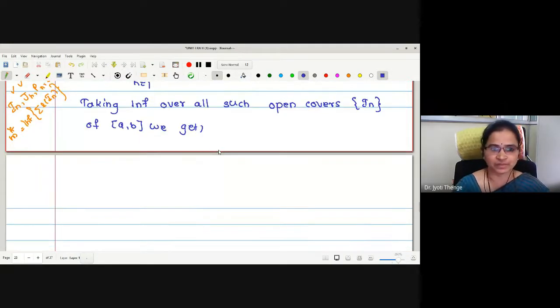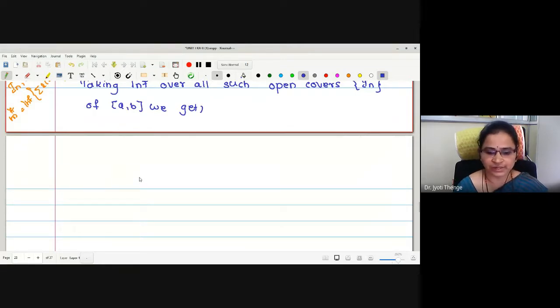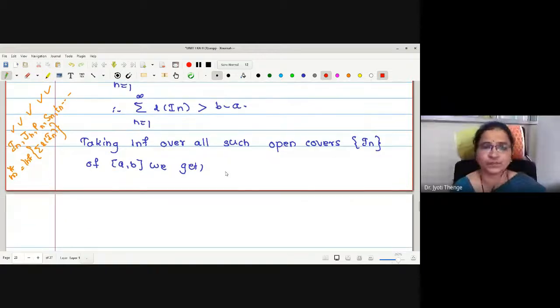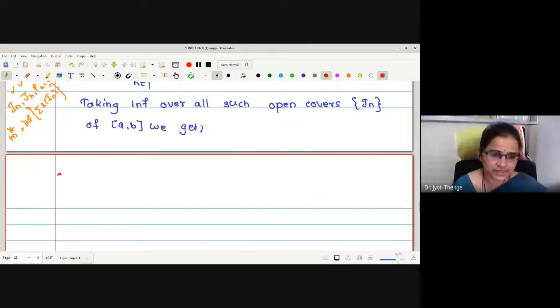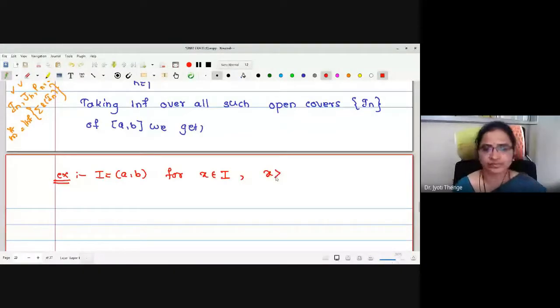I'll tell you with an example. Let me change the color of my pen, for those who are still confused about why it is greater or equal. You should not write these examples in the proof, okay? If I give you the open interval a to b as the interval under consideration, then for each x in I, x is greater than a. That is, every element of this set I, or interval I, is greater than a.